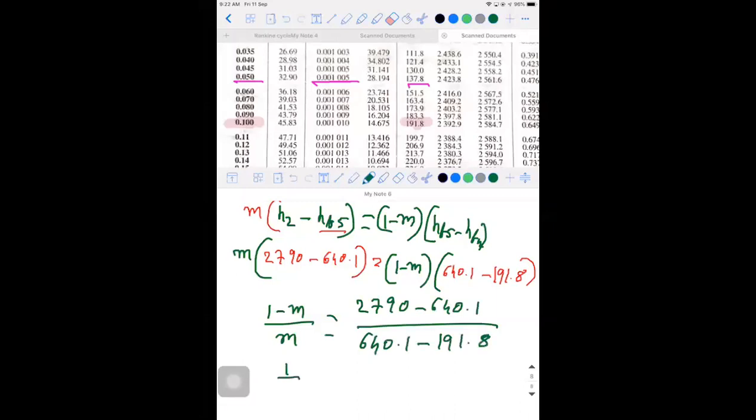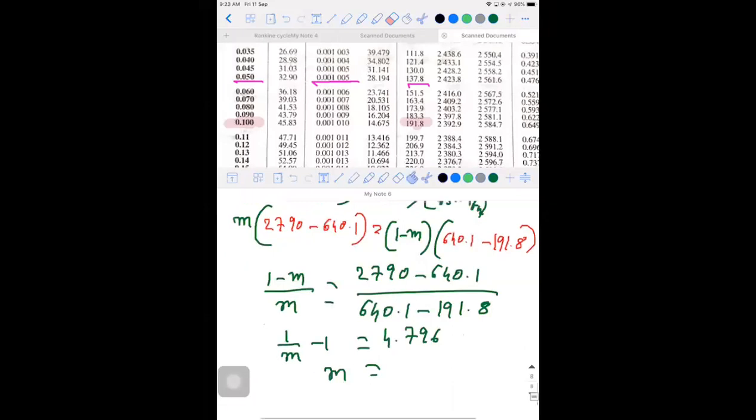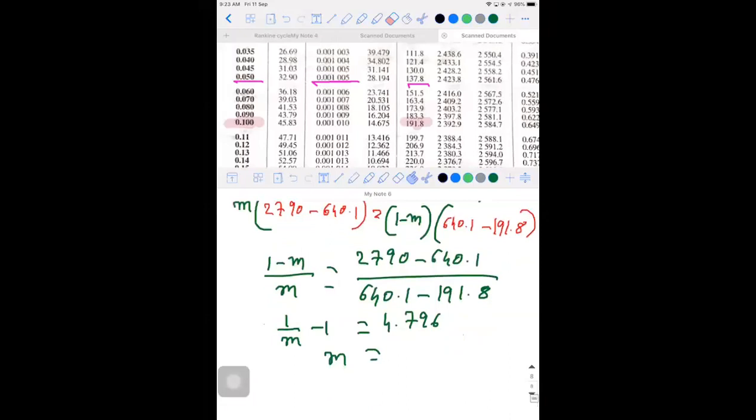It may come around 4.796. The same problem is solved in your textbook, but it is solved using exclusively steam tables. But here we are using the Mollier chart coupled with the steam tables, and it will be the better one. And you follow that procedure also. Even though it is an example problem, you are following different procedures, and it is always advisable to go with this procedure only.